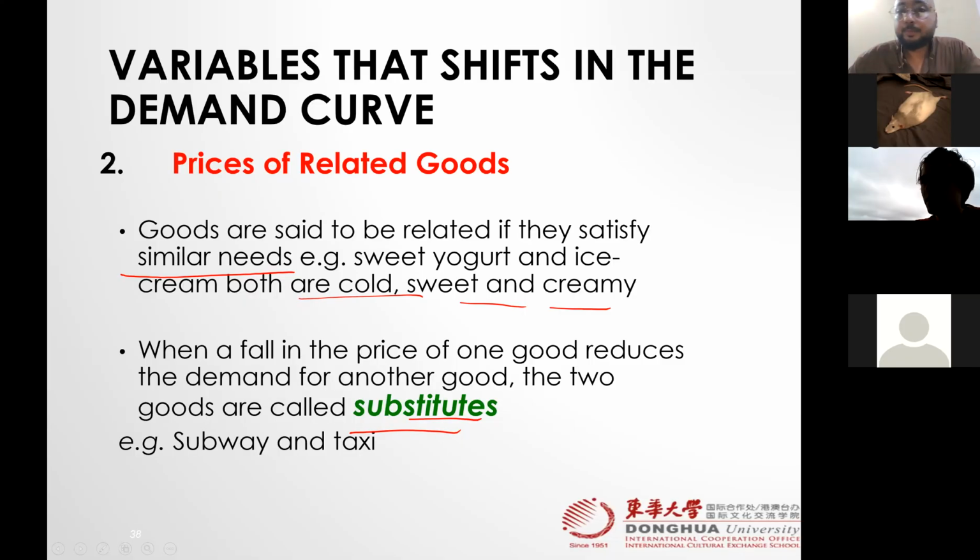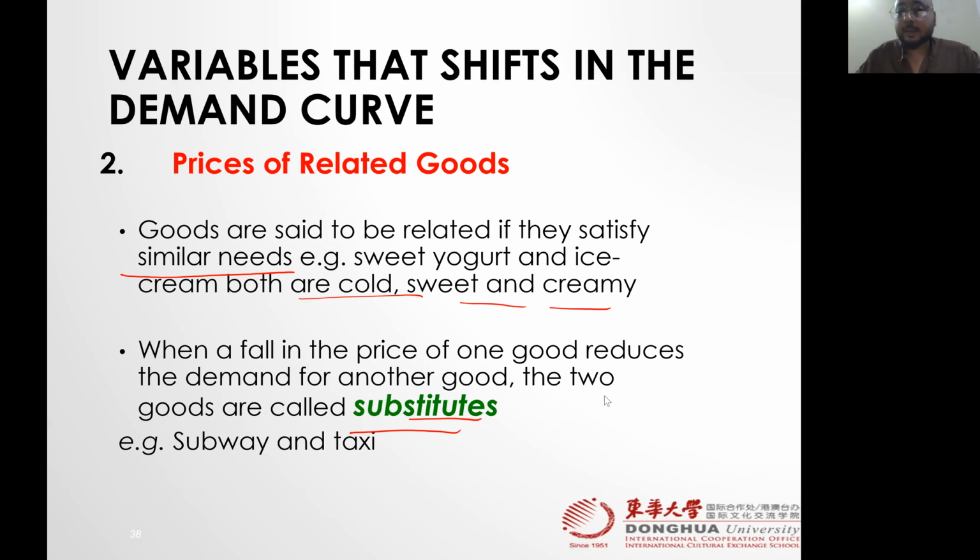So goods are called related if they satisfy similar needs. In case of ice creams, sweet yogurt and ice creams are related because both are cold, sweet, and creamy, right? So in economics, how do we define the substitute? So there are two products,